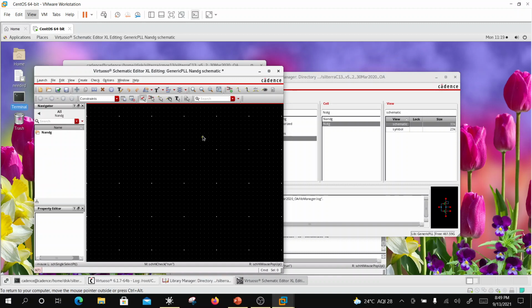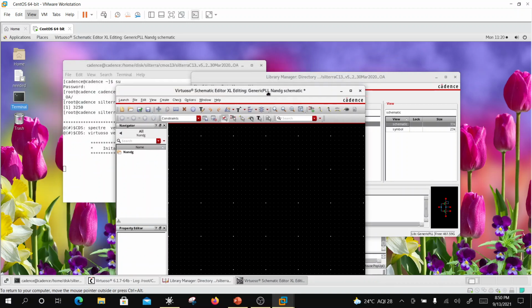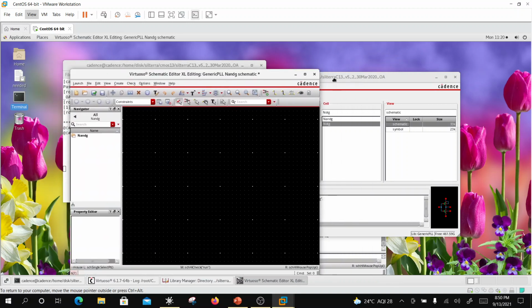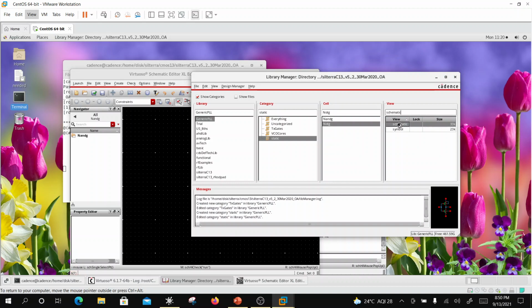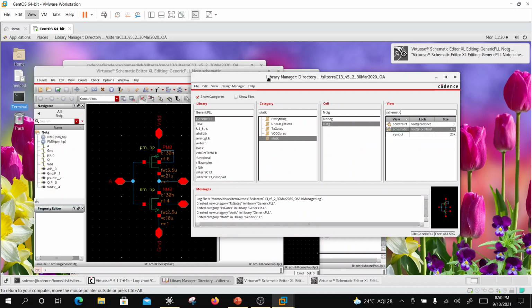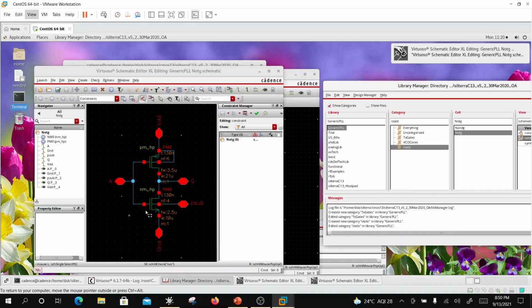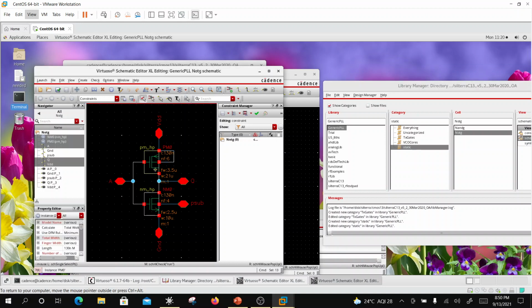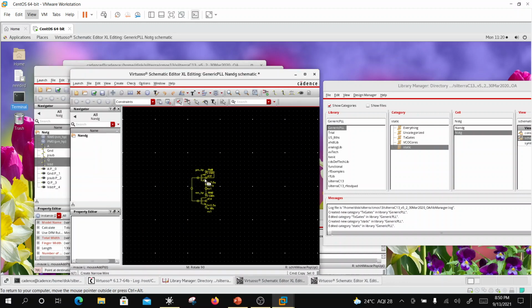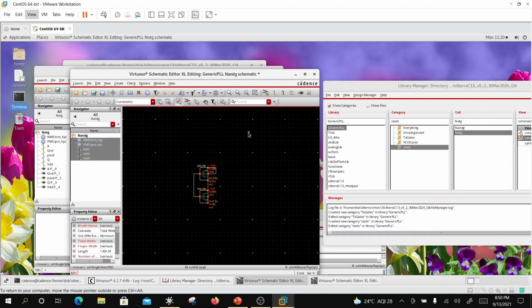Okay. So I am going to do a NAND. I am going to take a NOT gate and copy some stuff from there. I am tired of placing stuff, so I'm just going to copy this. So I will say C, and I am going to copy this over here, and I will modify this to be